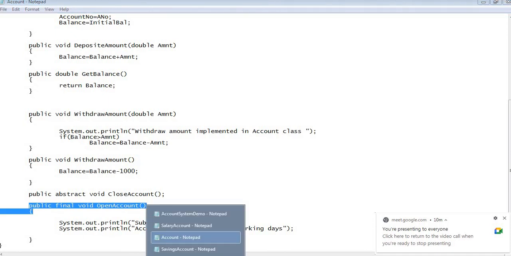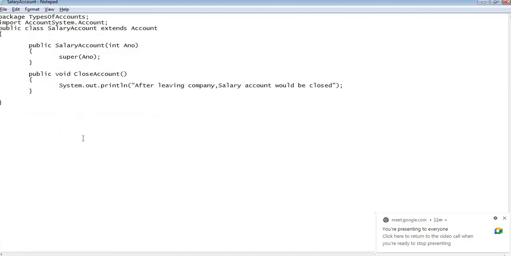So the savings account, salary account, these child classes, if they try to override the method, meaning if they keep the definition the same, public void openAccount, and try to provide an implementation by writing some logic here, the compiler will not allow me this.